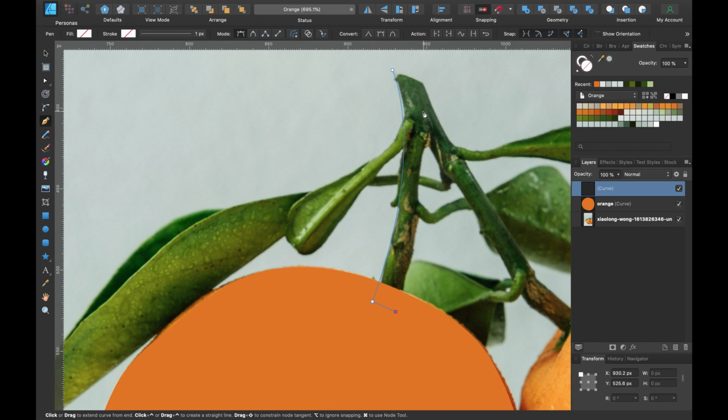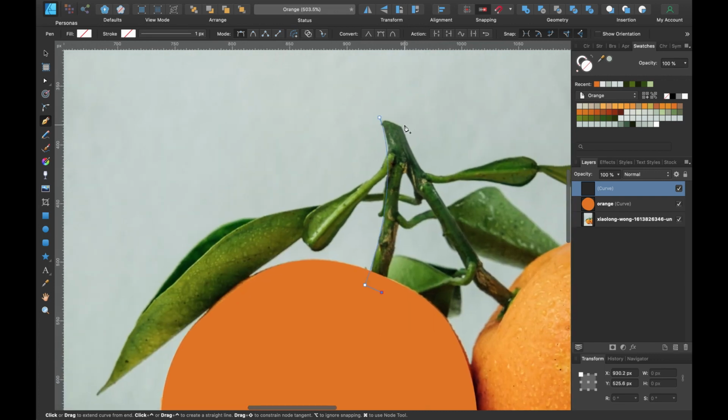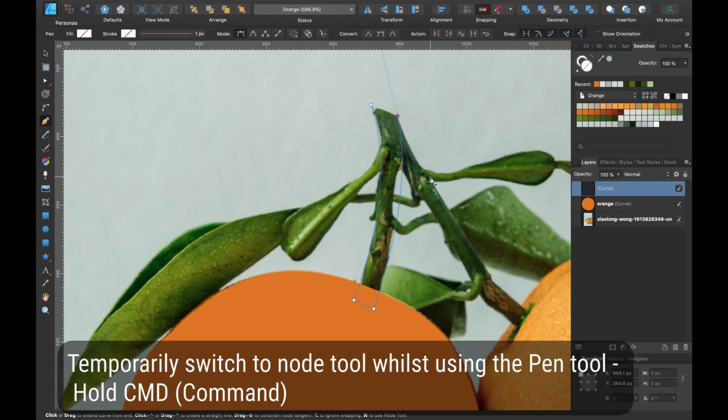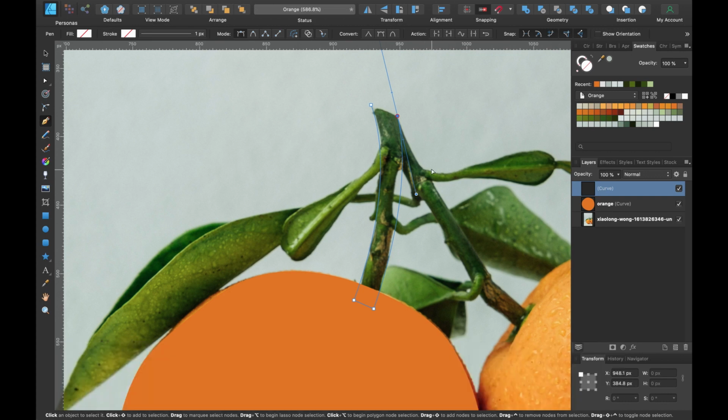And what we're going to do is zoom out a little bit more. I'll just click on this section here and just drag it out like that. I'll let go. And you can see there's a handle here. If I wanted to play around with this handle, shortcut to the kind of node, we could use the node tool again, but I want to stay in the pen tool right now. If I just click on Command, you can see the icon has turned into the node icon. So I can just click and drag on this handle to where I want it to be.